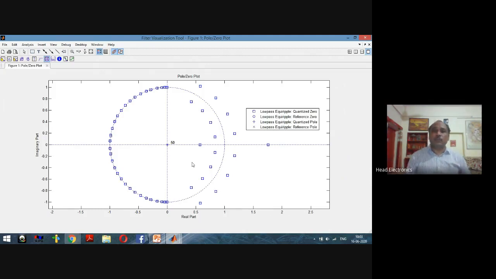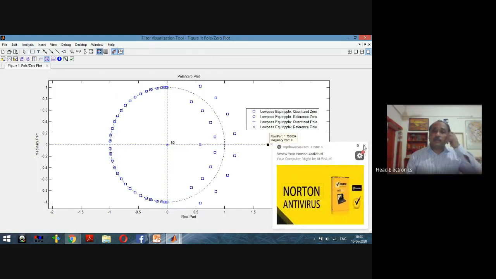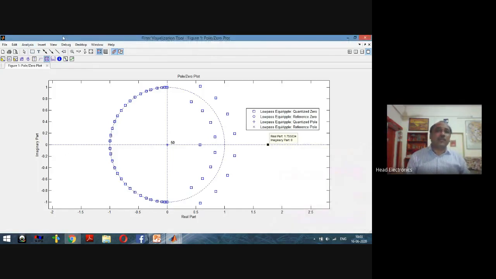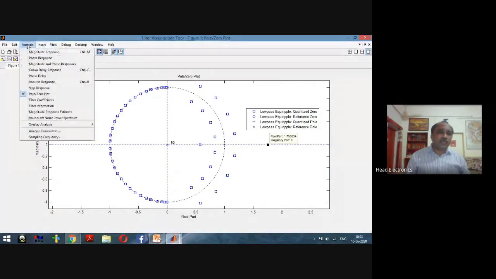Then we have to change the location and position of a particular pole or zero to a particular location, and after selecting that position, we can consider that particular filter for the purpose of designing.